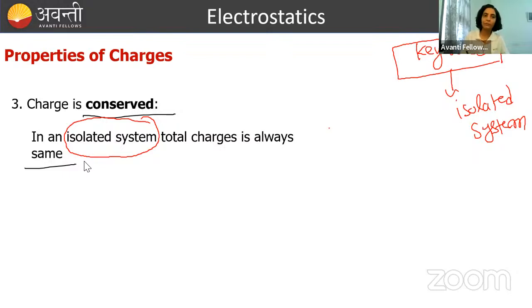And charge is conserved only when the system is isolated. Matlab, if there is a conductor, suppose, and it has some positive charge, okay? When it will be called isolated if it is not in contact with any other conductor, or even if it is in contact with another conductor. जैसे देख लो, अगर मैं बोलूं कि यहाँ पे एक और कंडक्टर है ऐसा, इस पे भी कुछ चार्ज होगा, सपोज कर लो